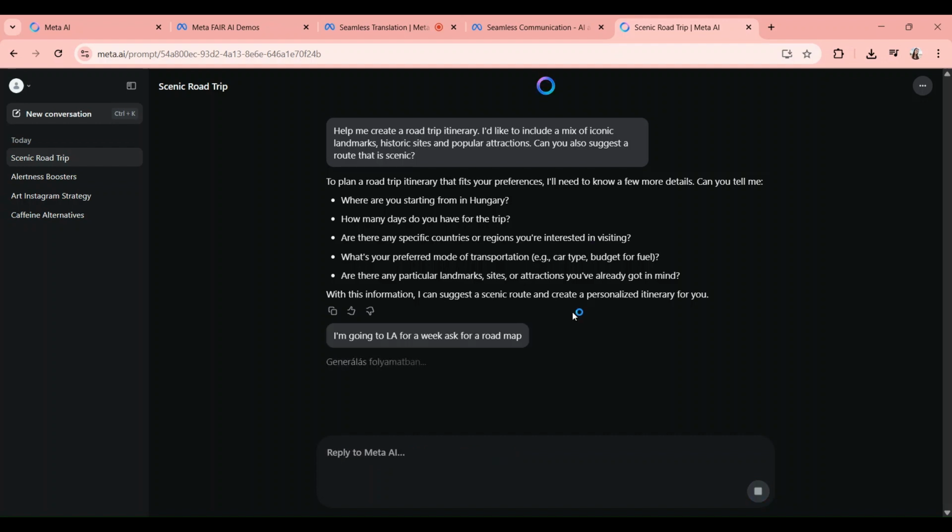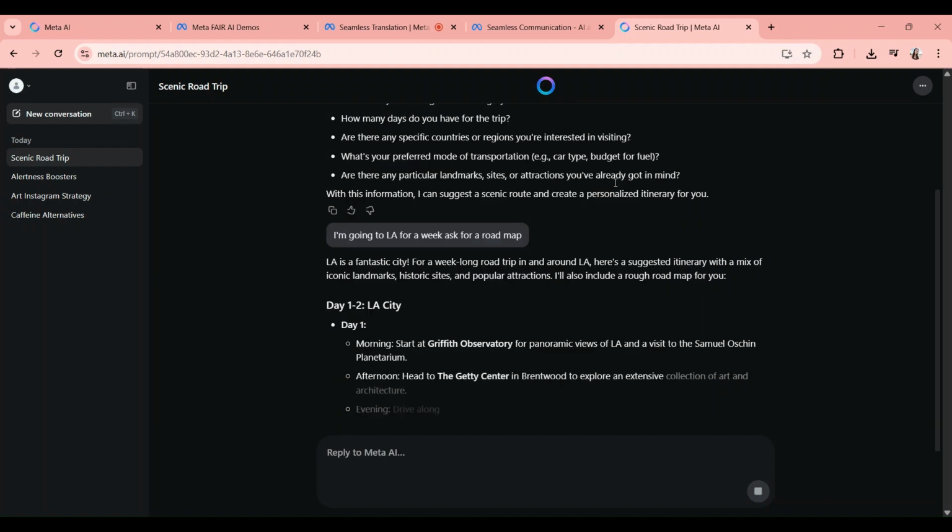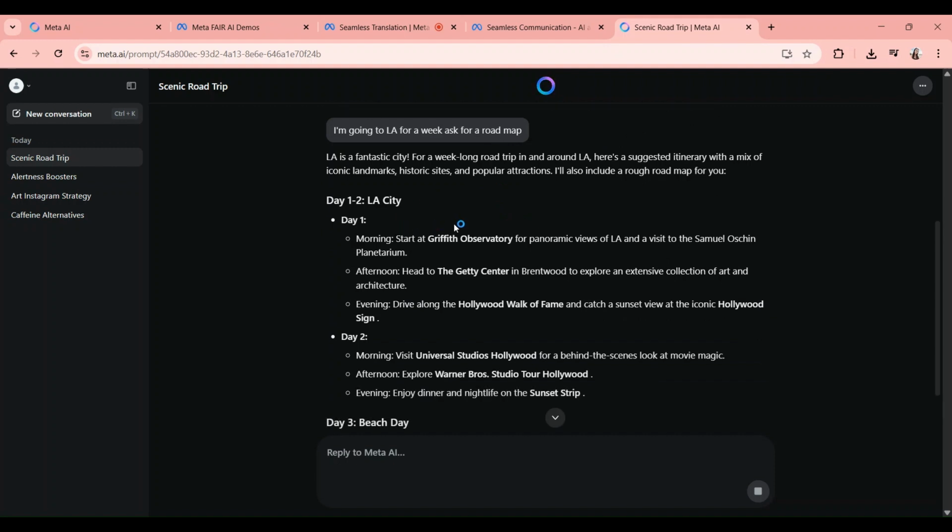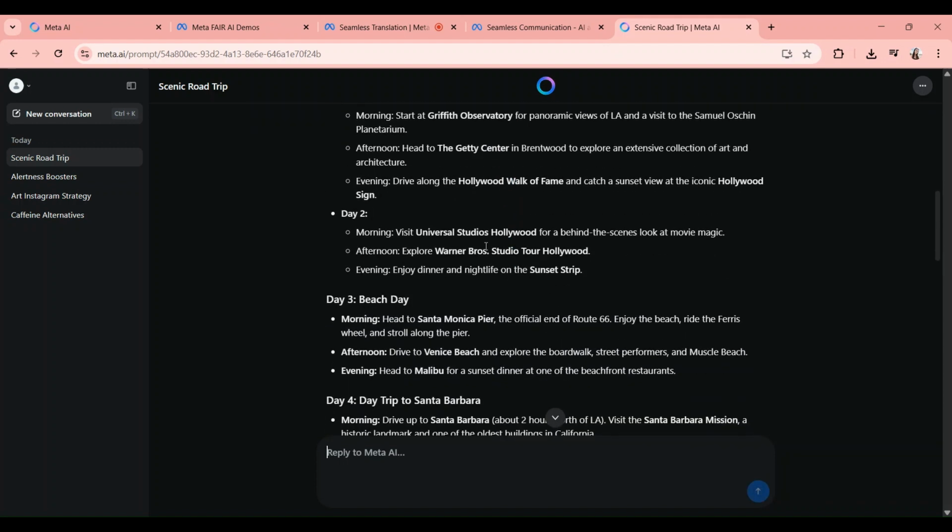So I just asked for another generation. The trip is going to go to LA, Los Angeles, and this is the road trip that I just generated by Meta AI. So this is day one, with morning, afternoon, and evening ideas right here. This is day two, with morning, afternoon, and evening